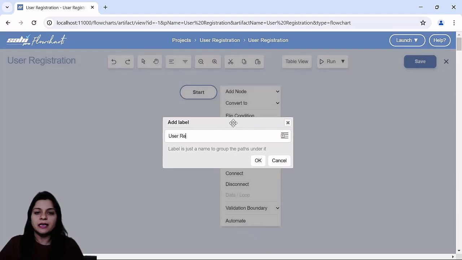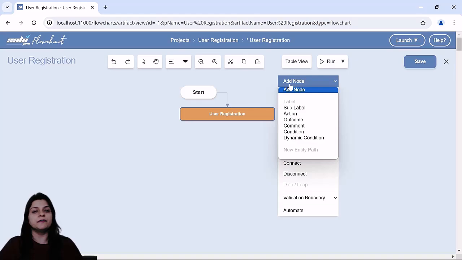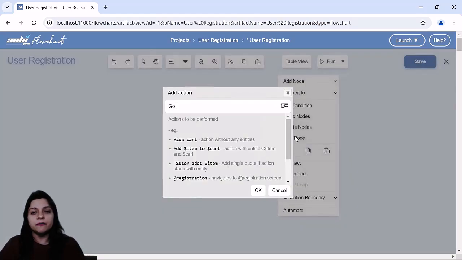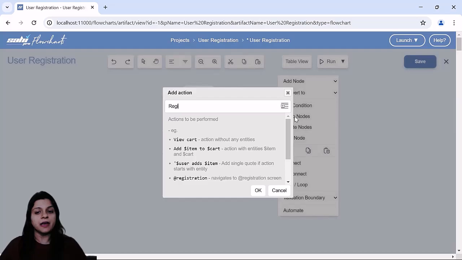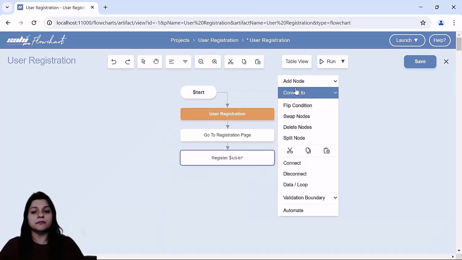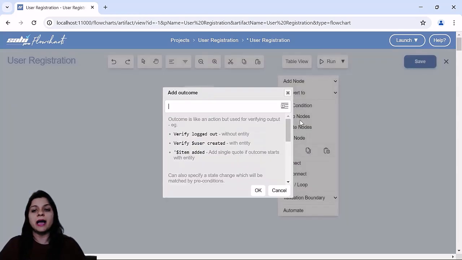want to perform. Let us say we want to test a user registering for an account on your website. So the typical flow would be visit the registration page, enter the user details, and register. This is where the test would have to verify that the user was registered successfully. This can be created as a flowchart in just a few clicks by adding action and verification nodes to the